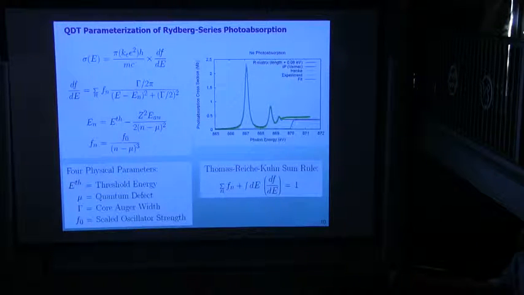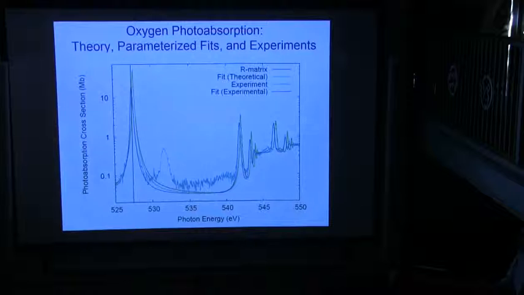Another thing I'd like to point out is that we're guided by an analytical identity, the Thomas-Reiche-Kuhn sum rule, provided you have an accurate wave function. This can guide us when I want to extend this model to solid state environments, and using this can allow one to get a consistent description going from atomic to molecular photoabsorption.